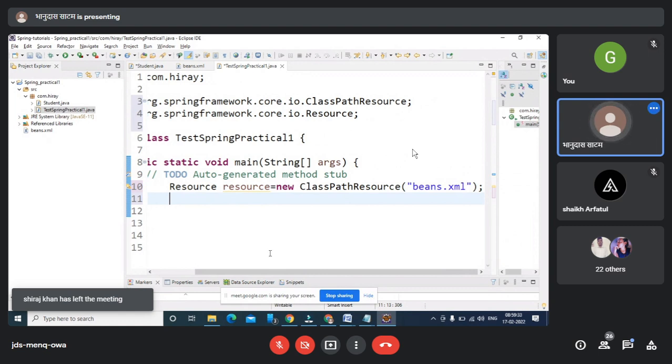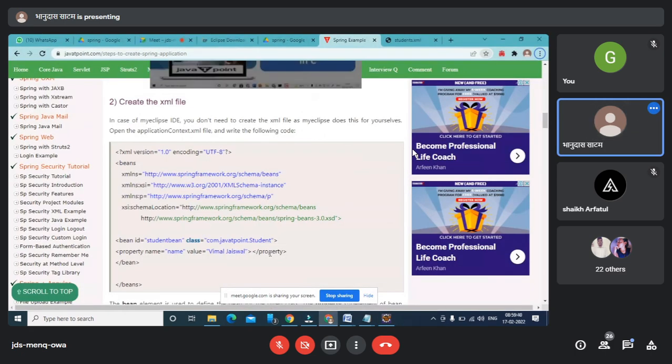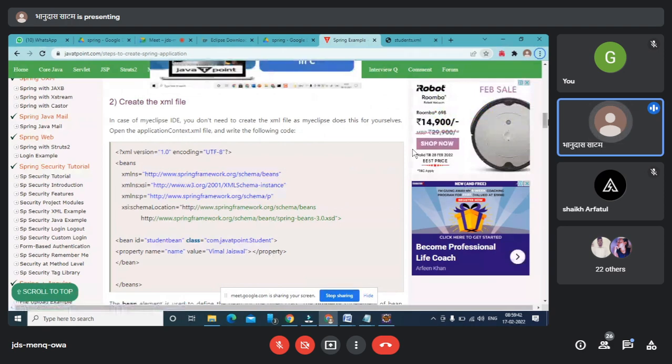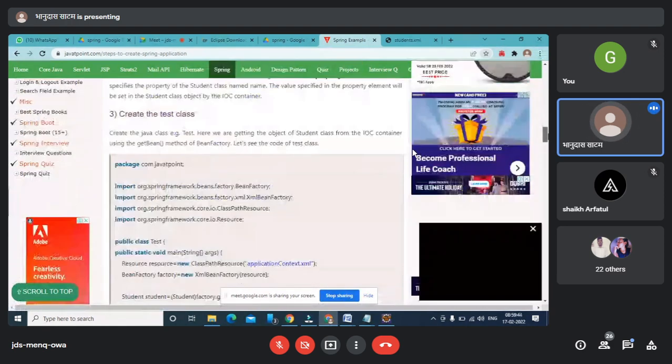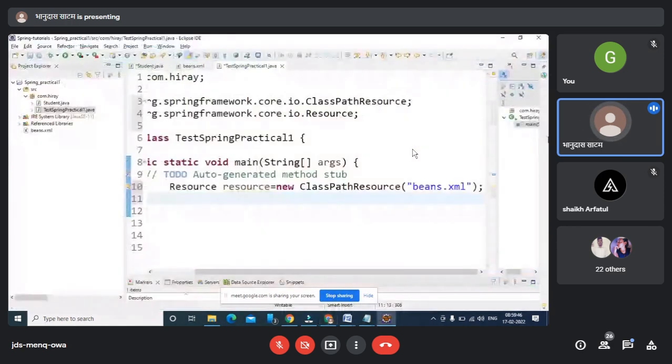So I need the student object bean, and that bean I'm going to use here in the application. So when you are using this kind of class, you are going to create an object of the bean factory, where those beans are stored.